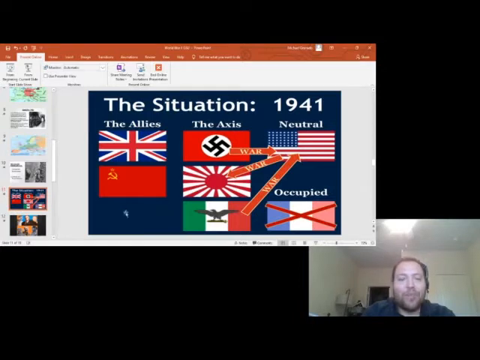Okay. We're going to come back to Operation Barbarossa and to Pearl Harbor, but I want to divide up both sides. That way we understand who's fighting who, and we understand some of the terminology that's being used. So after the bombing of Pearl Harbor, by the end of 1941, this is what our map looks like in terms of the Allies versus the Axis. Well, we'll see here in a second.